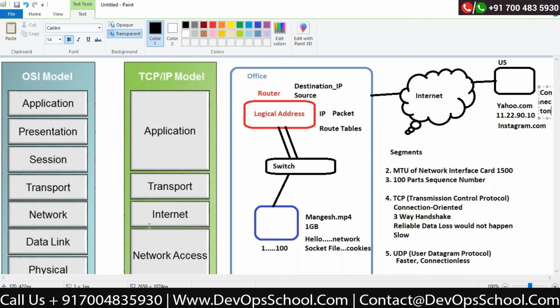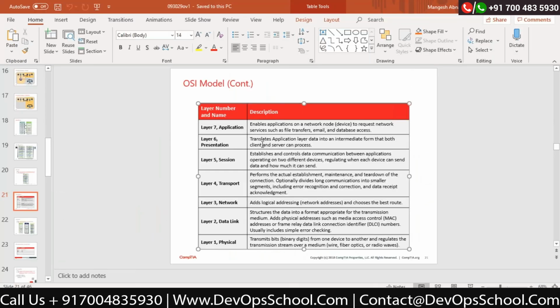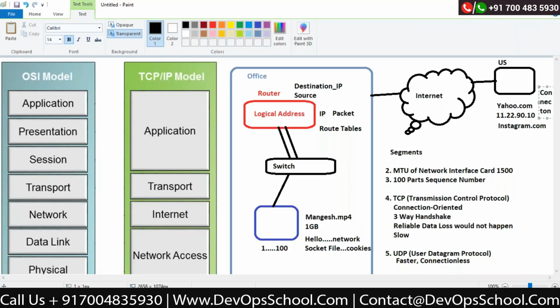Now look at the definition. What would be happened over here? Translate application layer data into the intermediate form that both client and server can process. Now, really, you won't understand by this definition anything at all, but I will give the example. Now, let's say this data which is transmitting, correct? This is a MP4 file,